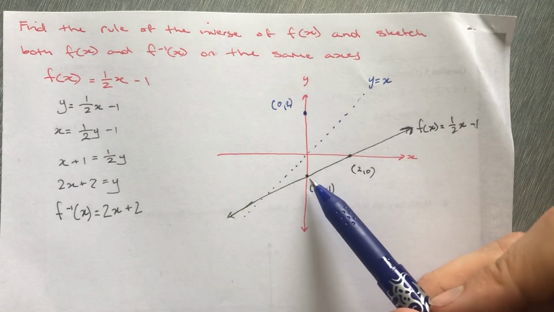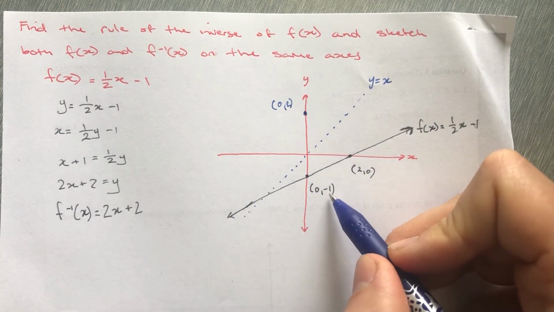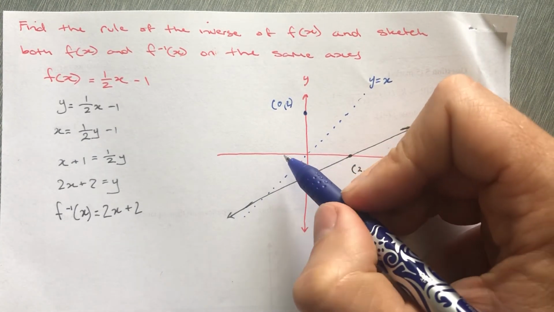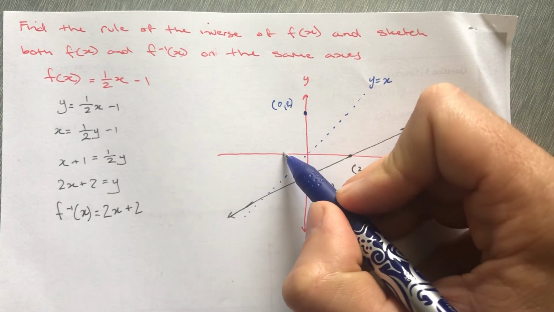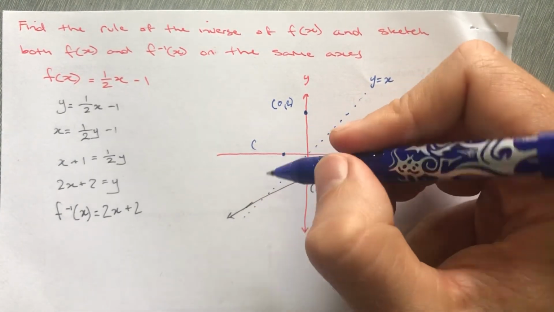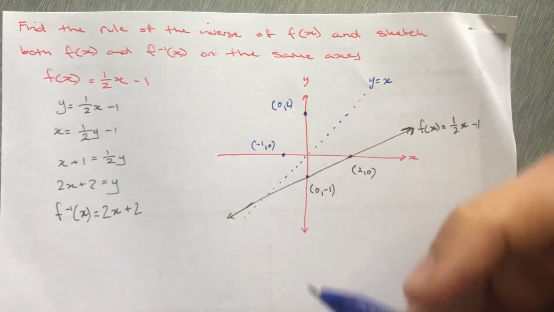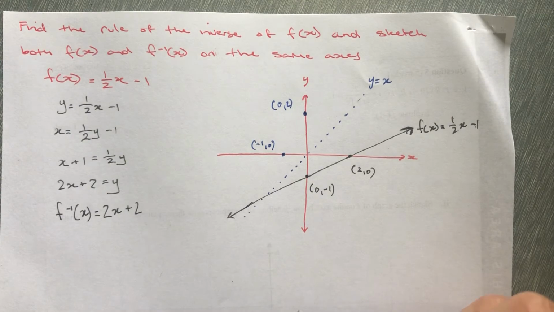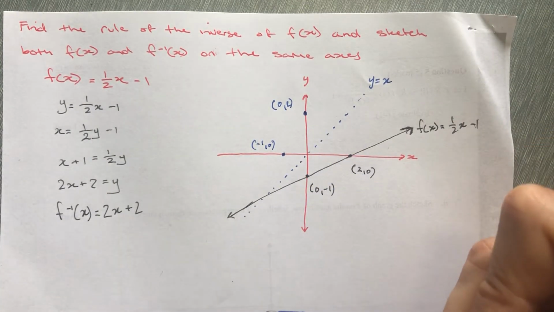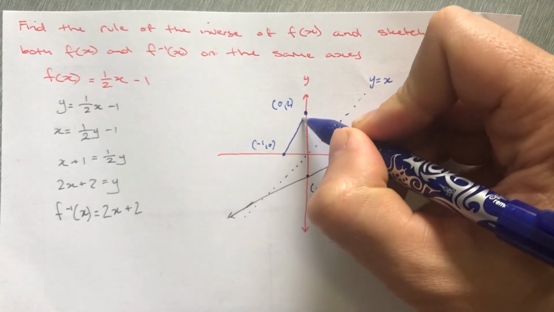And this y-intercept is going to become the x for the other one. So the y-intercept's -1, which means the x-intercept for the other one is going to be -1. Okay, there we go. So we can see that we can connect those, and that's going to be the line. Now, as I draw my line through these points,